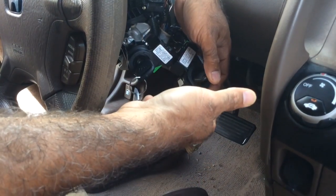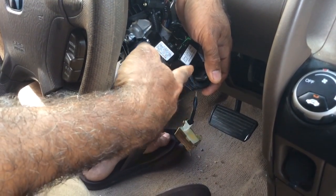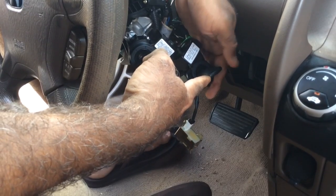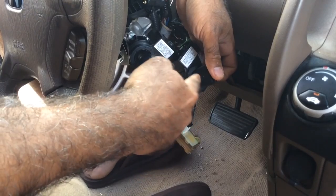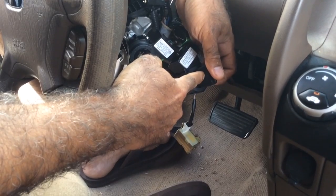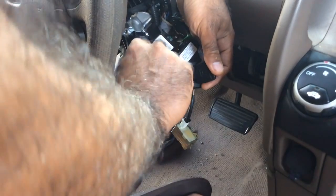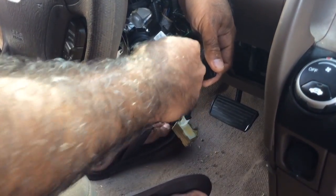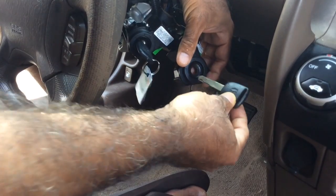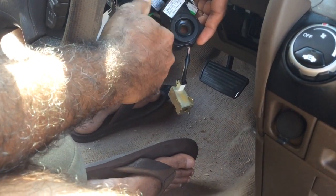I'm getting ready to put all this back together, and I wanted to show how, without programming the new key, you can use the old key that was already programmed, which was the one that caused the jam in the old ignition lock cylinder. Just by using the old key, you can start the car up, and it's running fine. And this is the new key that comes with the new ignition lock cylinder. You can see that if I take this old key out and leave it there, not close to this thing anymore, and I try cranking it now,